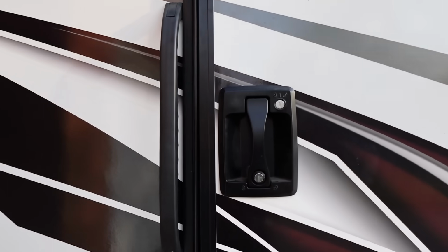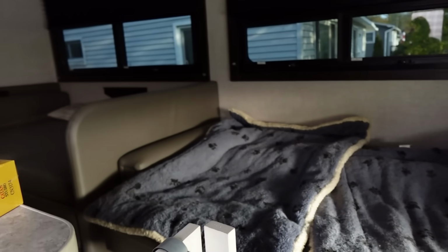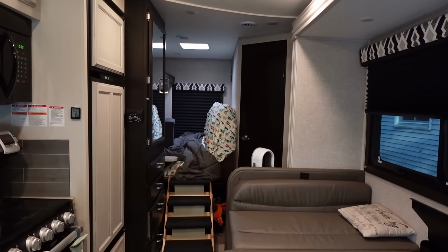I feel like we were just in this thing all day. Let's see if there's a ton of bugs in here. There should not be a ton of bugs in here. So we have it all closed up. Oh, there is. There's a bug. Oh, no. So we've got this all closed up, and I thought I would kind of show you guys